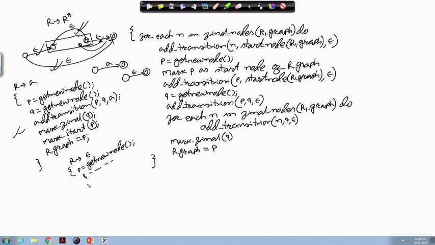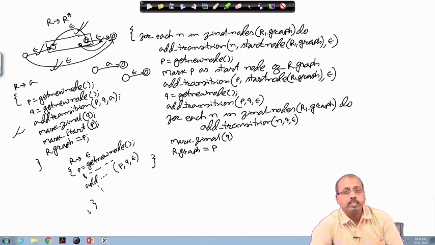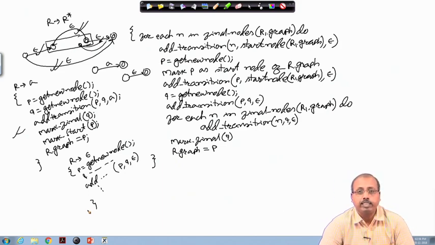Everything will be the same, only in the add transition part, this should be P Q and the label is epsilon. The rest of the thing will be as it is. Okay. So, if you have this set of rules, then by the syntax directed translation mechanism, you can easily generate the corresponding NFA from some regular expression.